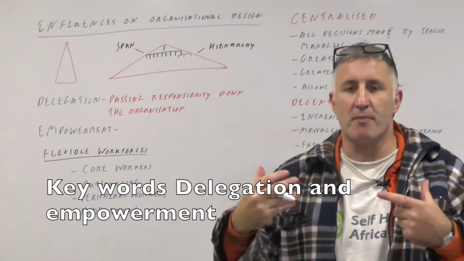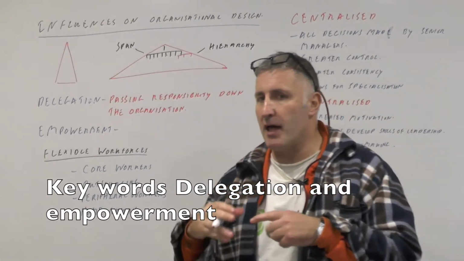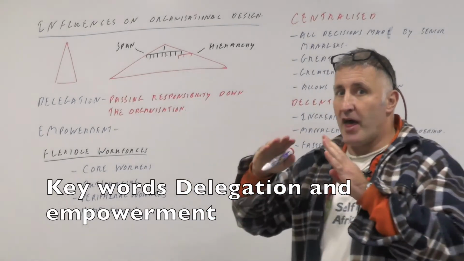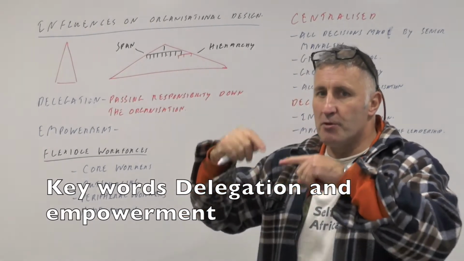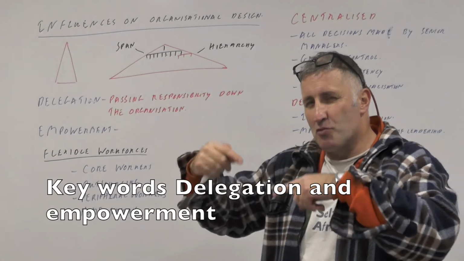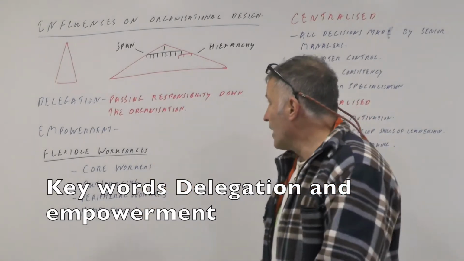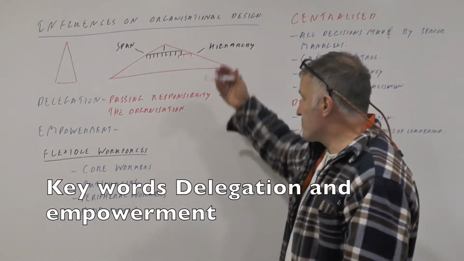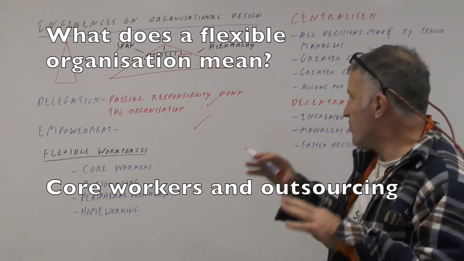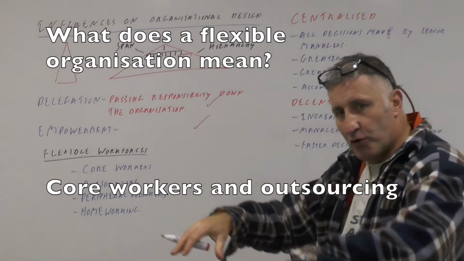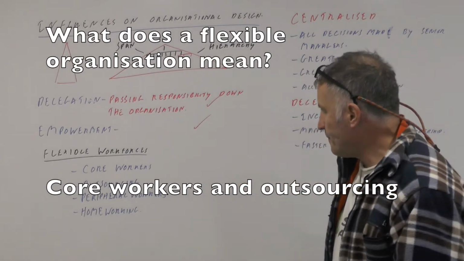Maybe it also fits with Maslow's hierarchy of needs, where if you want to get to the top, then you have to have a process of self-actualization. You've got to be really motivated because you like something to do which is really quite complicated. Okay, so within this process here, linking these concepts is delegation and empowerment, which is passing responsibility down the organisation.